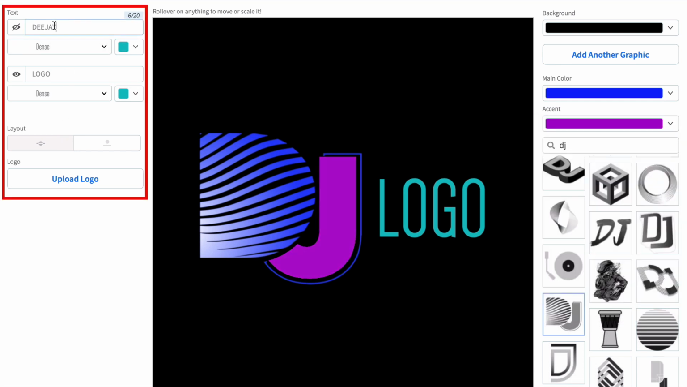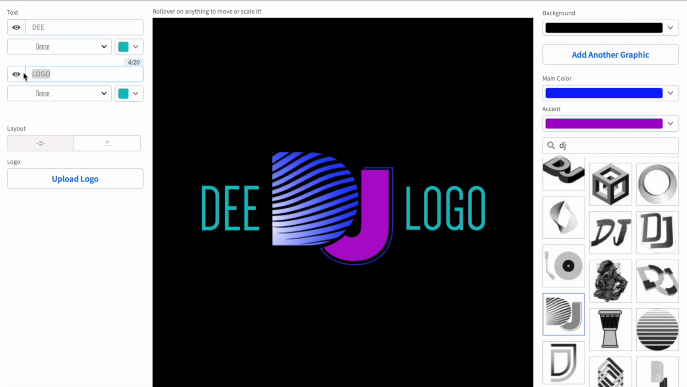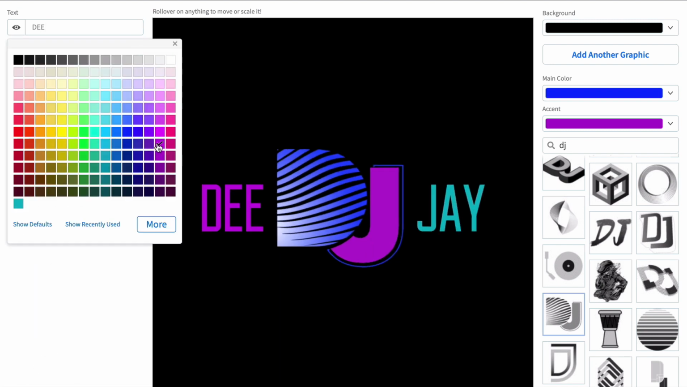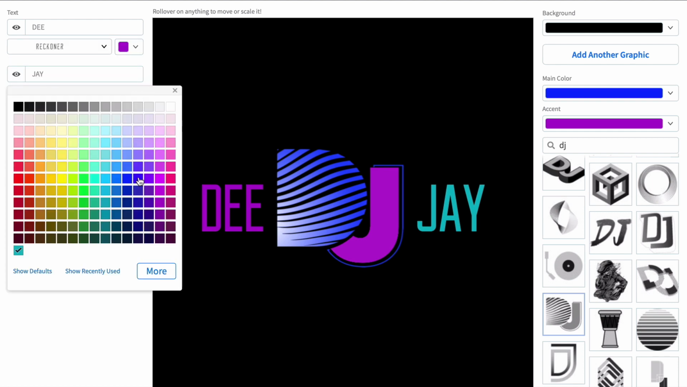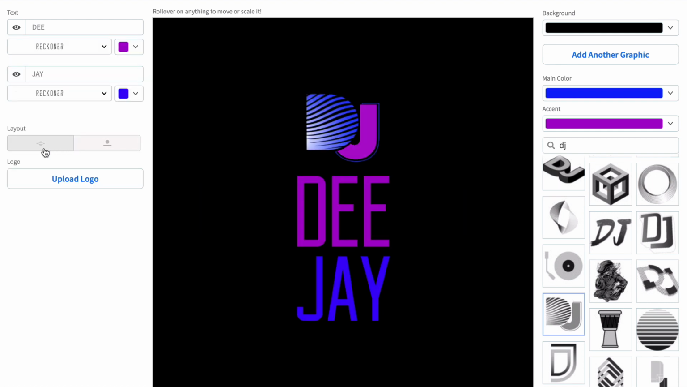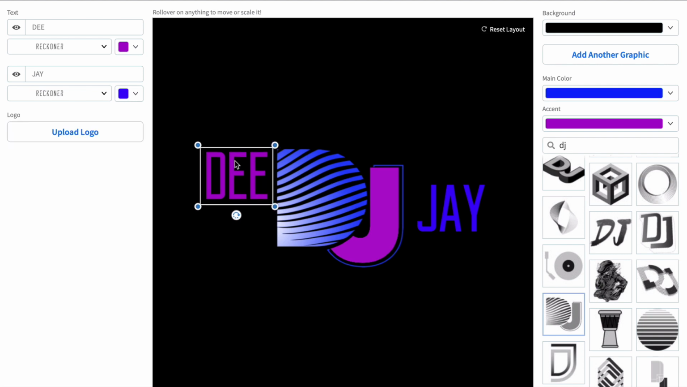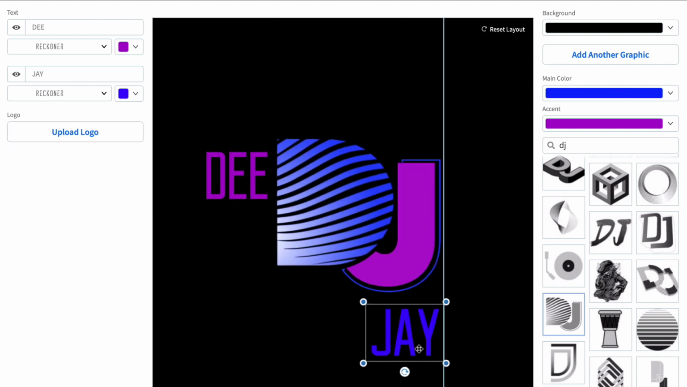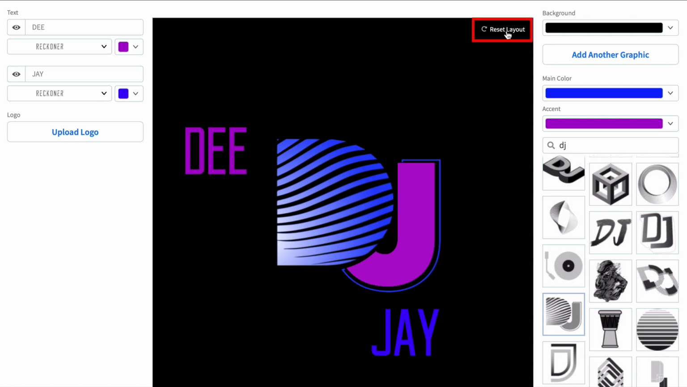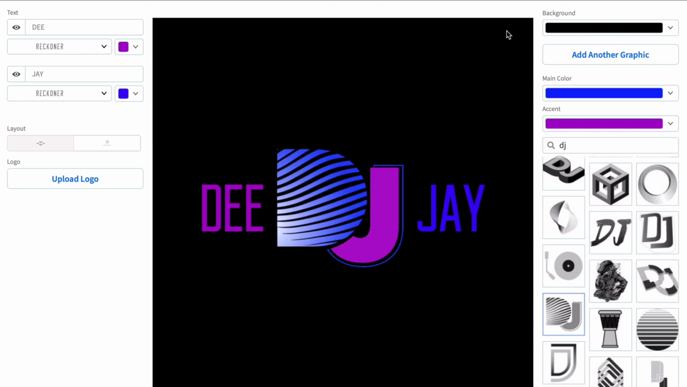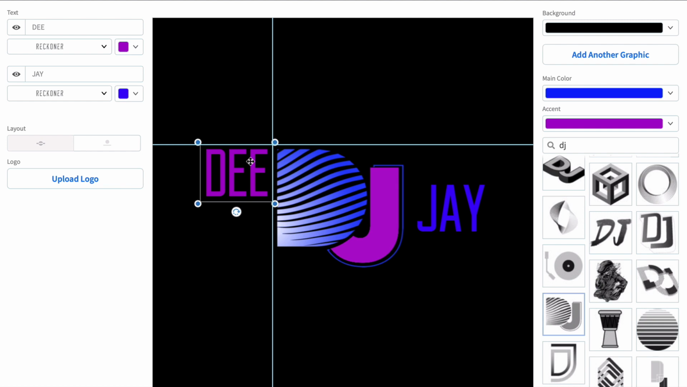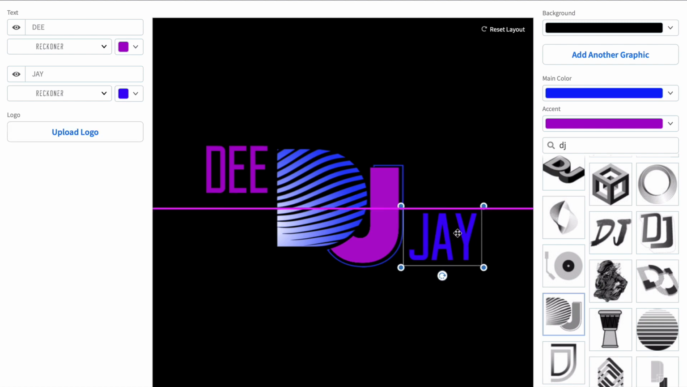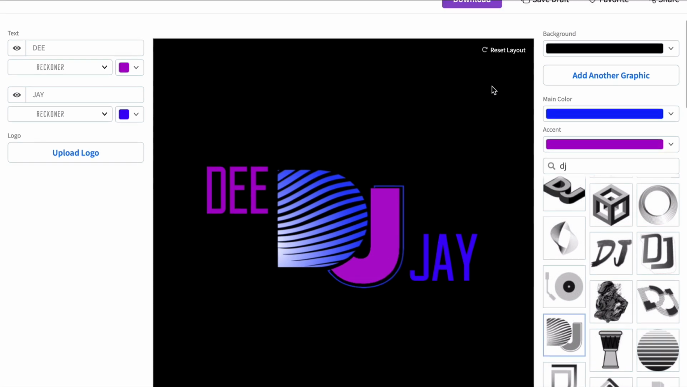Now move to the controls on the left and add your text. You can change the font style here and the color here. Experiment with resizing and moving your graphic and text to see what you come up with. And if you don't like what you've done, you can hit the Reset Layout button here to return to the default layout. Once you've completed your customizations and are satisfied with your design, hit the download button at the top